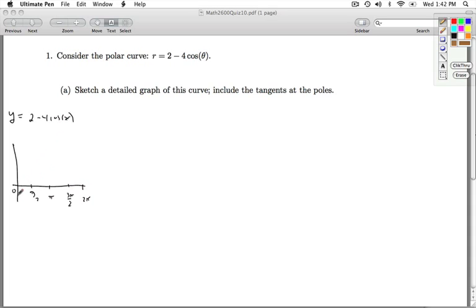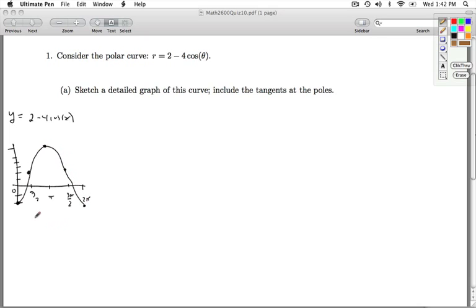I substitute 0 in. I find that I'm already down at negative 2. I substitute in pi over 2, I'm up at positive 2. I substitute in pi, I'm up at 6. The 3 pi over 2, I'm back to 2. And the 2 pi, I'm back to negative 2. So now I connect the dots in the pleasing cosine fashion,